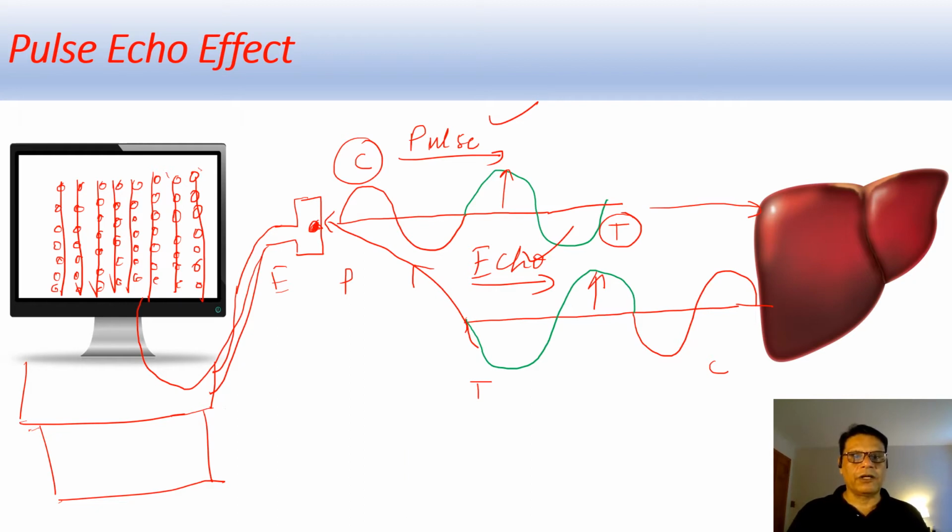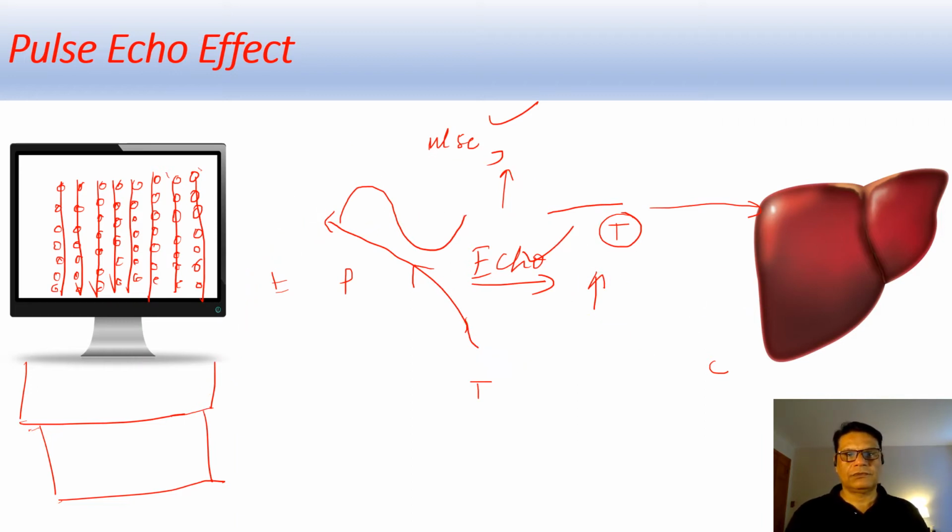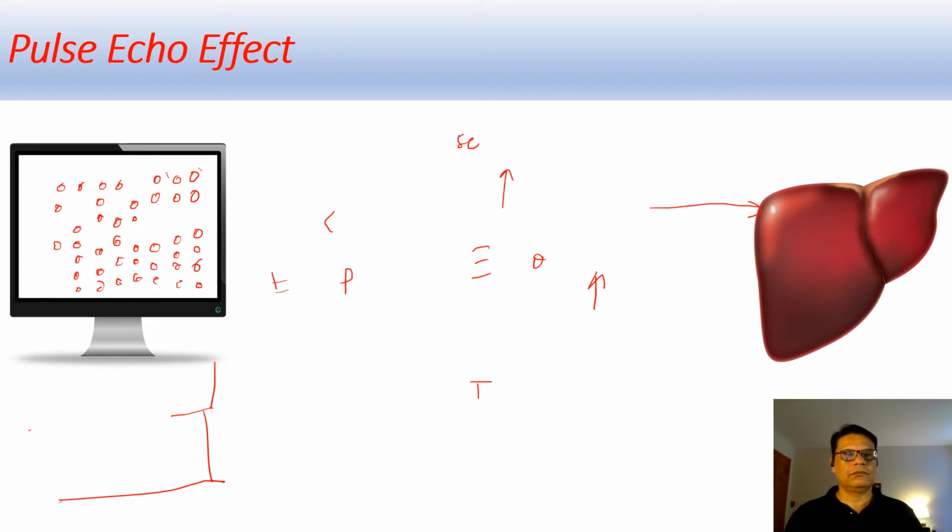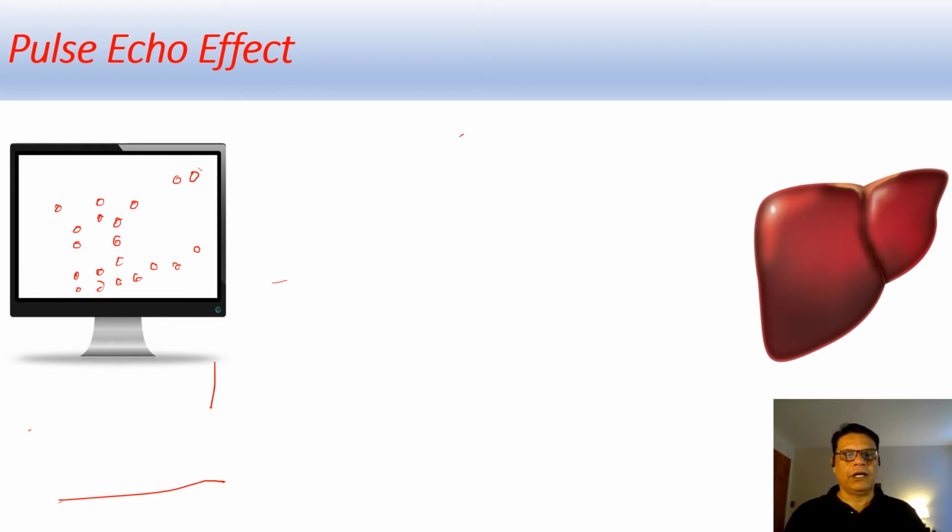This ultrasound image is actually made up of scan lines, and these scan lines carry a lot of information. So this is the pulse echo technique, and you also need to remember that